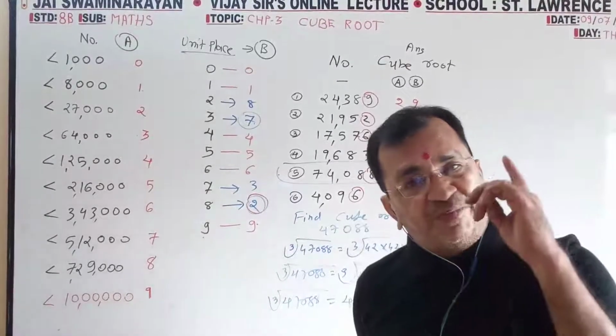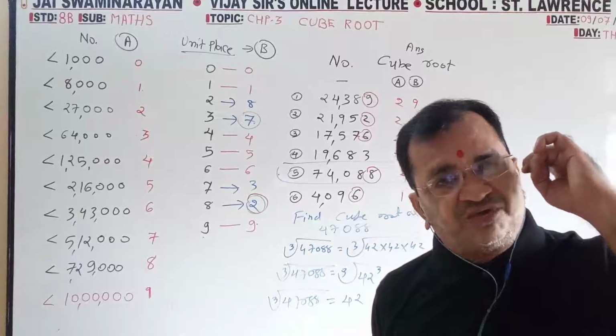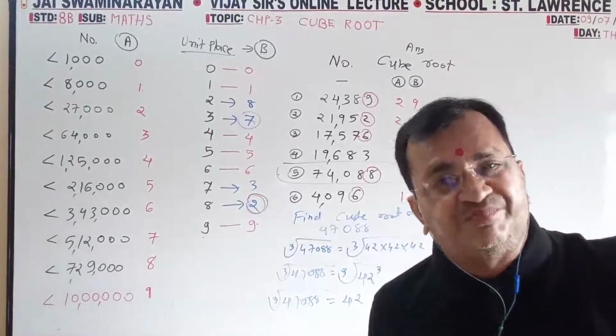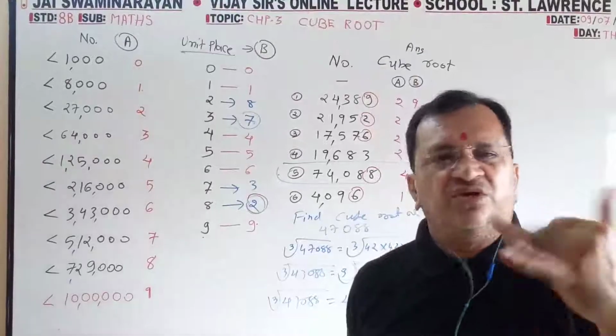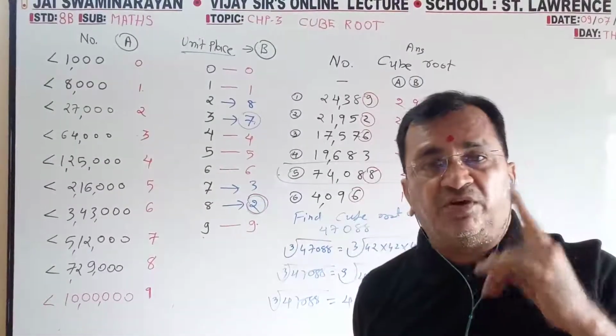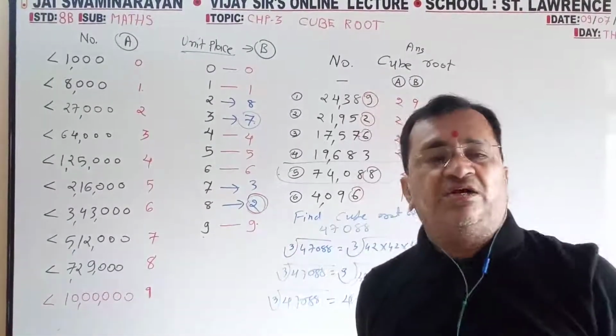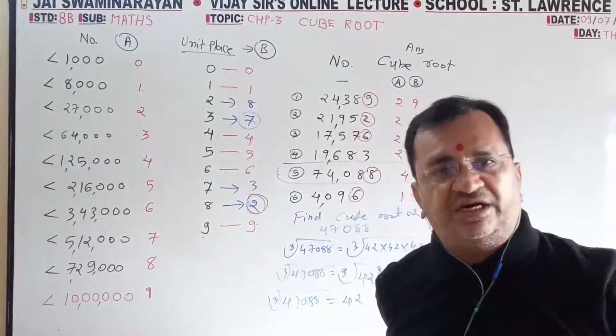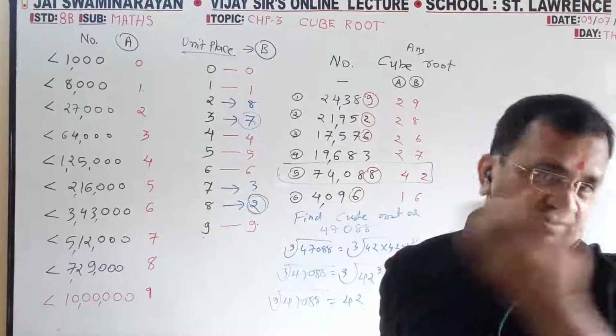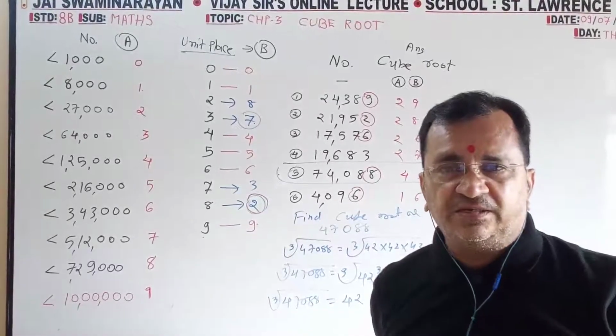See, like me, you people can also get the cube root of any number, but it should be a perfect cube. It is not the case that someone gives you a number like 16 into 17 into 14, you can't find it. The same number must be repeated: 19 into 19 into 19, 56 into 56 into 56, 78 into 78 into 78. Then only you will find the reverse answer. 78.